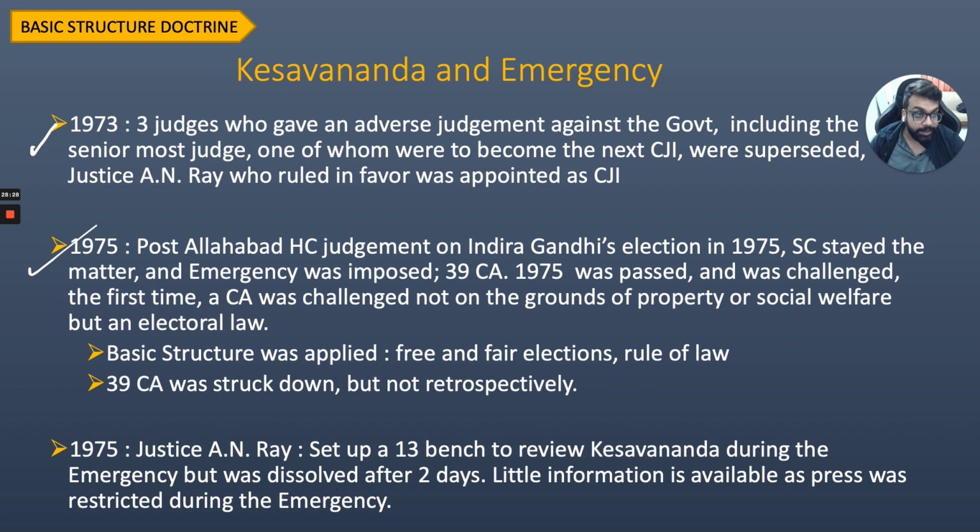She had no option to, of course, and then passed the 39th Amendment of 1975, which was actually challenged in the Supreme Court, wherein the Supreme Court said, "Boss, free and fair elections and rule of law is basic structure. You have allegedly misused government machinery, and therefore we are going to hold you accountable for it. And we can't make any law that gives you an upper edge over other people who get elected. So it's a violation of free and fair elections." The Supreme Court did strike down the 39th Amendment, but only did so prospectively, which means the 39th Amendment's application to prior elections was still valid, which is why she got away without a whisker.